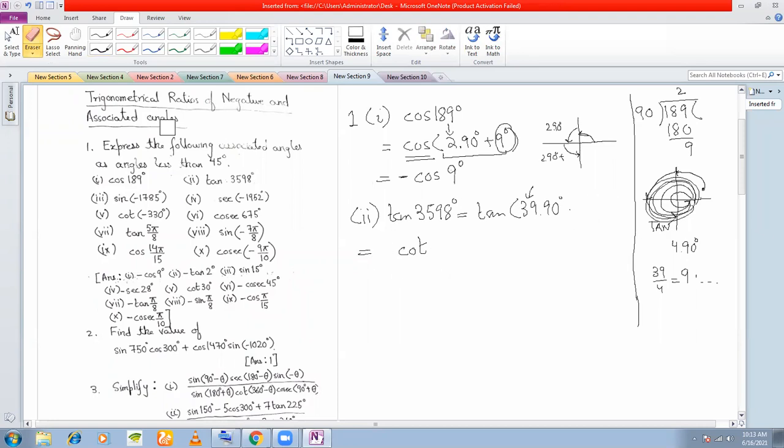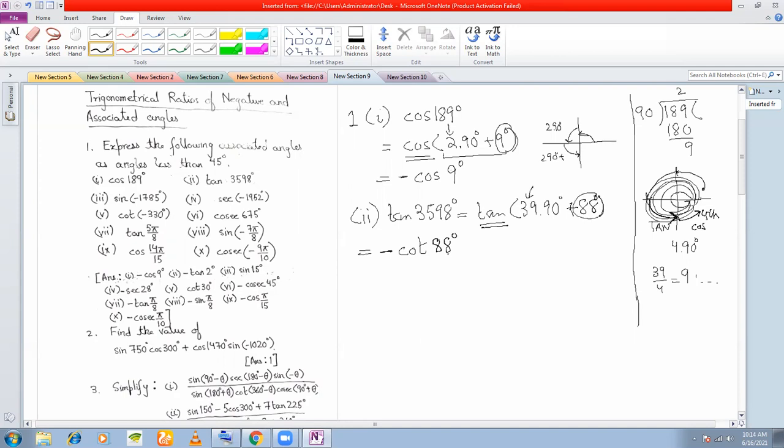It is in the third quadrant. What I forgot to mention here was that after 39 rotations, you are in the third quadrant and you have a plus 88. That means third rotation plus 88. That means now you have reached the fourth quadrant. And in the fourth quadrant, cos is positive only. All others are negative. And you have a tan here, right? So you give a negative sign. And you write this 88 degree.